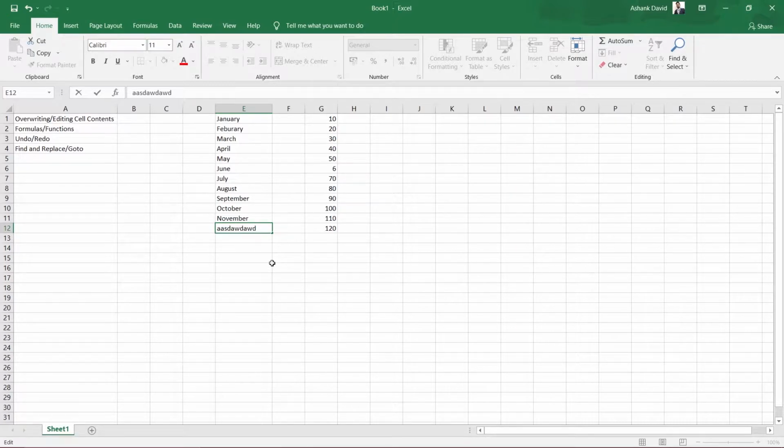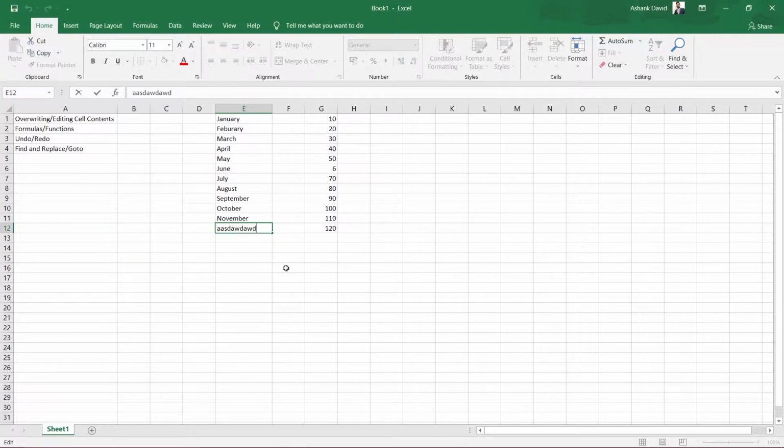Now this can be done by double clicking the mouse onto the cell, or if you don't have a mouse, in that case you just need to navigate the selected cell with your keyboard, and then you can use a shortcut which is F2. If you press F2, whatever cell is highlighted, that cell will be edited.